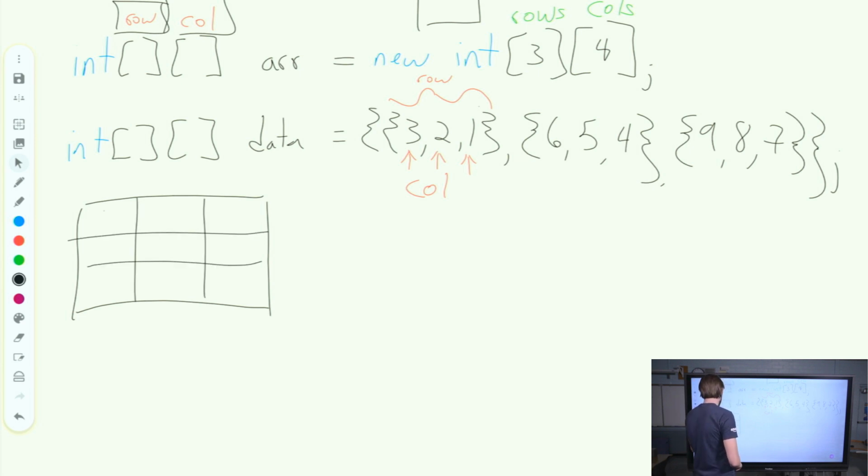And it would go 3, 2, 1, 6, 5, 4, and 9, 8, 7. So how do I access a piece of data? Let's say I want to access the value 4. How do I access the value 4? Well, I'm going to figure out what its row and column number is and use the similar notation that we